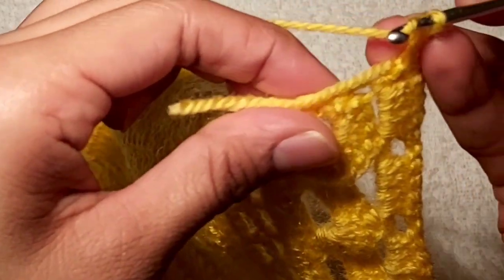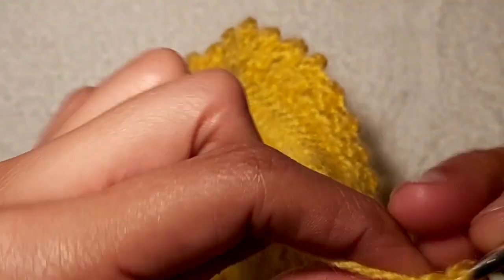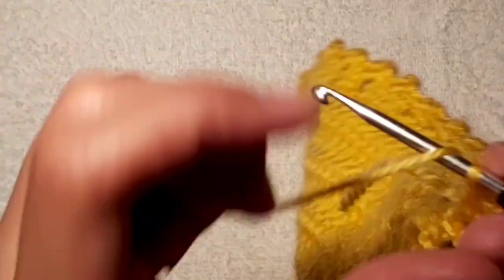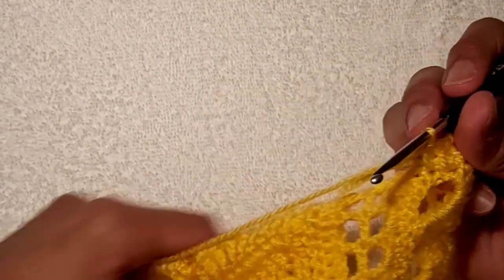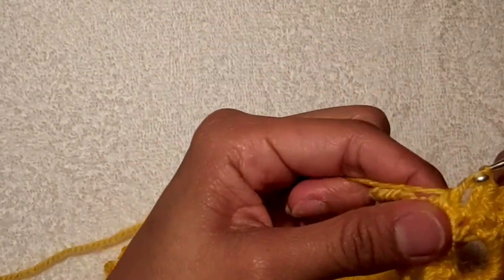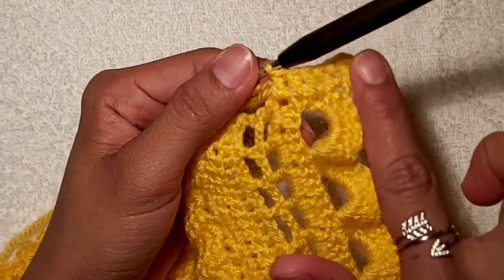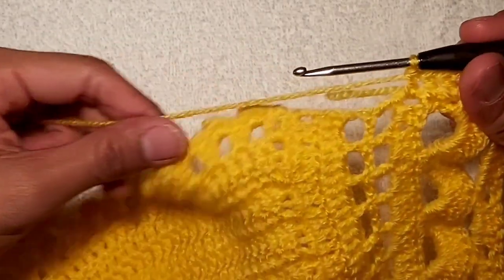There, I'm holding it like that, and then I make sure it will be inside the crochet that I'm doing, so I don't need to weave it in later on. Yeah, I lost words. So again guys, we need to make 17 double crochets on here, and then we're gonna